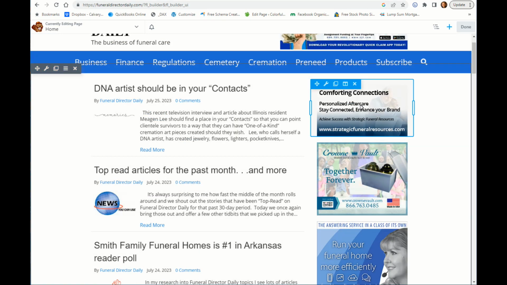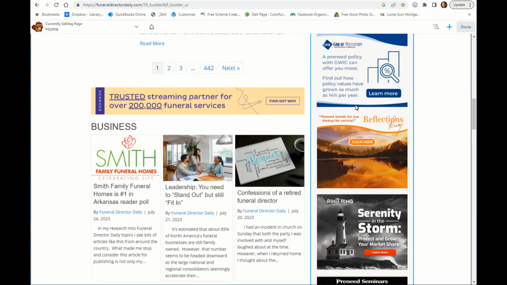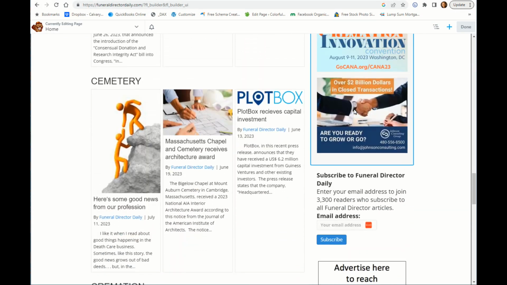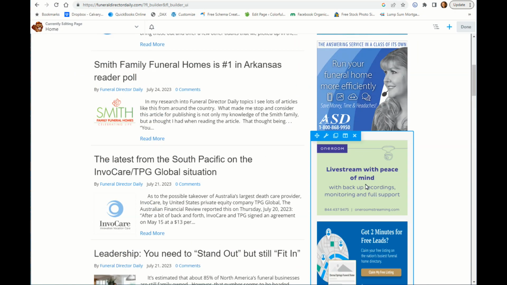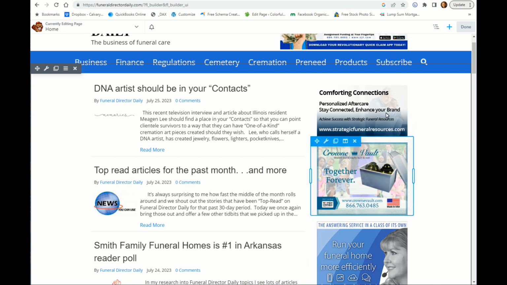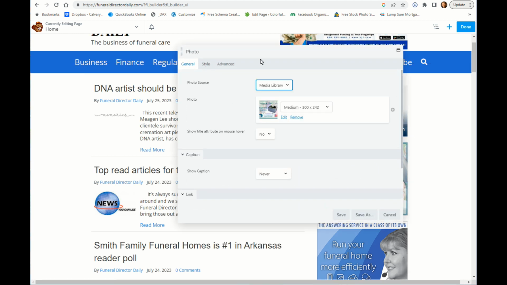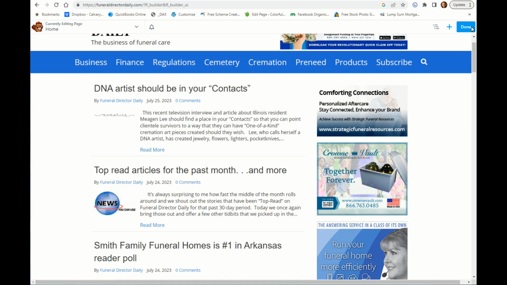So this one's an individual ad. This one is an individual ad. This is an individual ad. And then all of these are those banner ads from that banner ads module. And these here you change when you're in the dashboard side. I think you've seen that before. Okay, so when you change one of these, you have to change those in like 3 different places, and one of the places is here on the home page. So you would just do that by clicking it, and again, kind of the same type of deal where you have to upload and put the new one in. And that's true for these 3. So I'm going to get out of here,